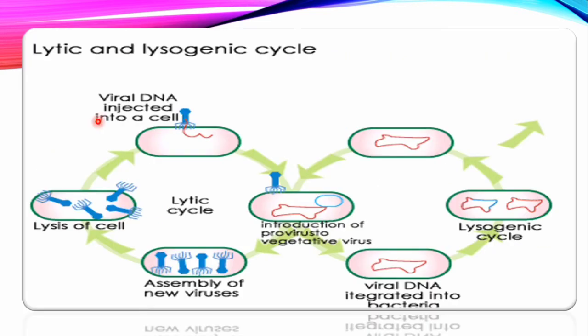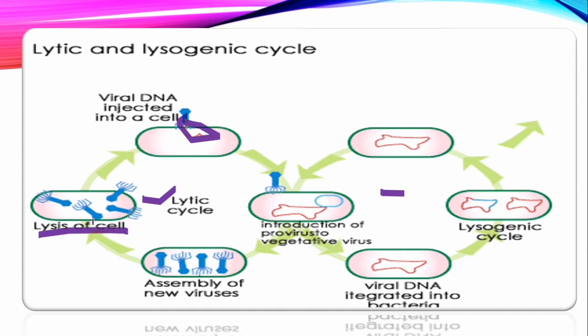It is shown here how the lytic and lysogenic cycles are conveyed. In the picture, the first cycle is representing the lytic cycle and the other one is representing the lysogenic cycle. What happens in the lytic cycle? The viral genome enters the host, the host cell replicates it and assembles the new viruses, and at the end the lysis of the cell is the destiny of this host cell,